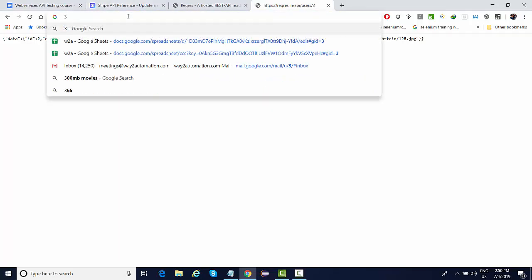So if you change the endpoint to 3, just a moment, to 3, you'll see that I've not yet pressed enter, but with 2 the record was of Janet, but if I press enter, this will change to Emma Wong, right? So this is how the responses are being received, although we are doing it manually,